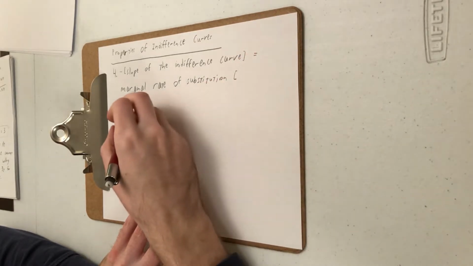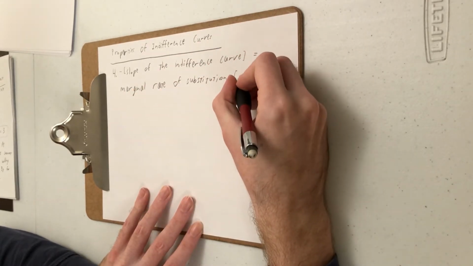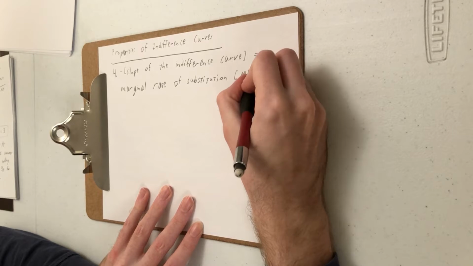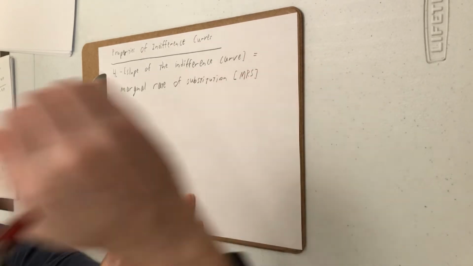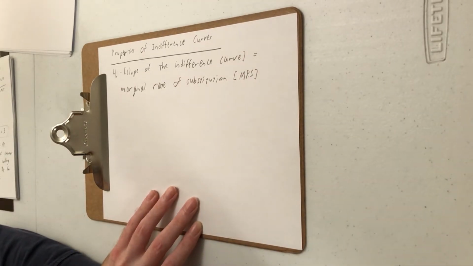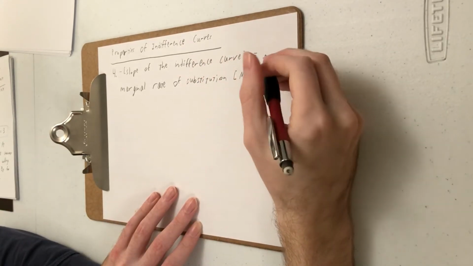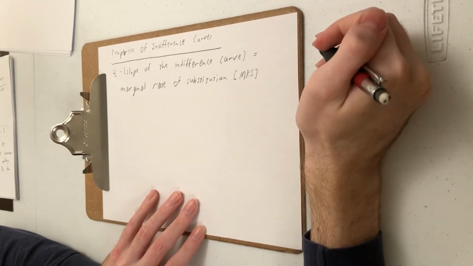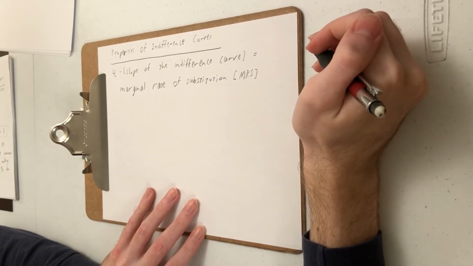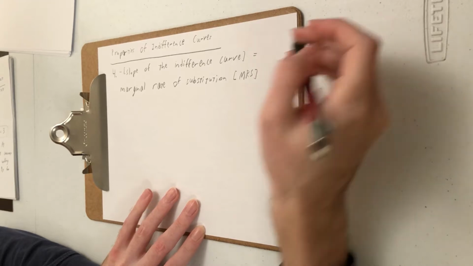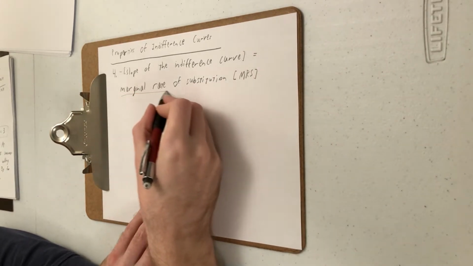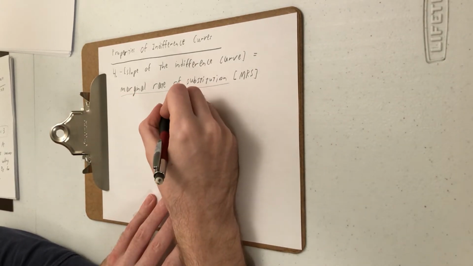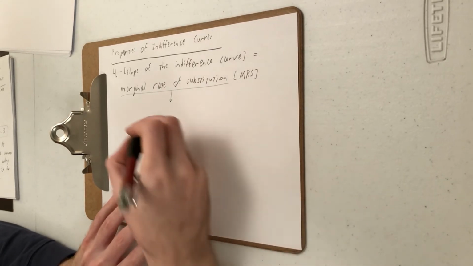The marginal rate of substitution is just MRS for short. MRS is a pretty ubiquitous abbreviation in economics. Not just this book, but in pretty much all other econ books, you'll see MRS, or marginal rate of substitution. So the interpretation of this is